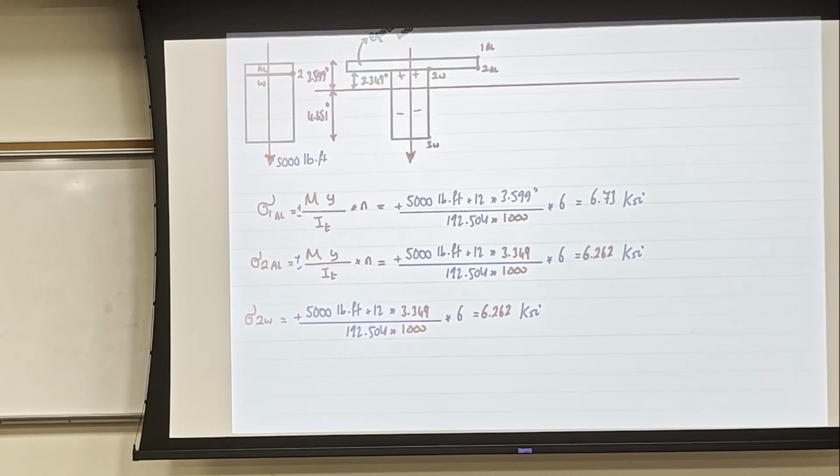I do have the same moment. I do have the same I. And the y here is going to be the same. But now what's different is I'm not going to multiply by n. So the answer here is going to be,